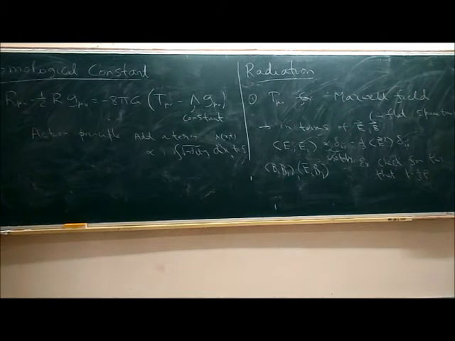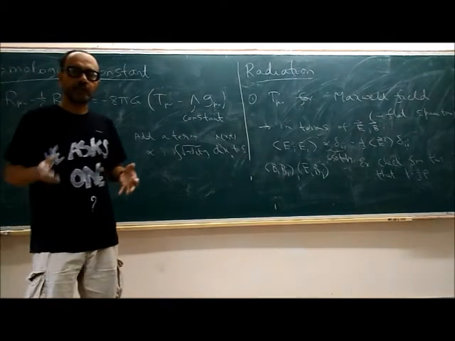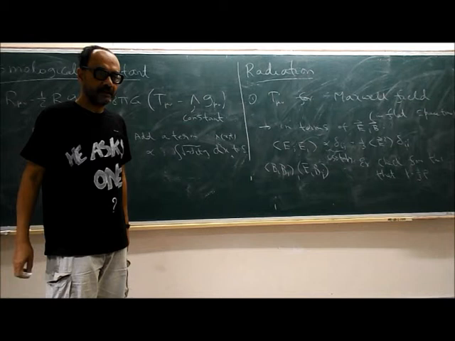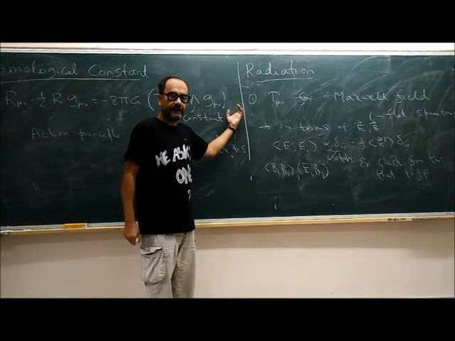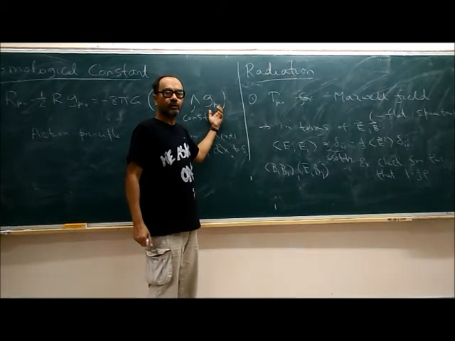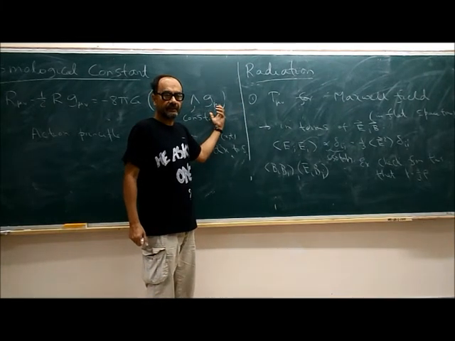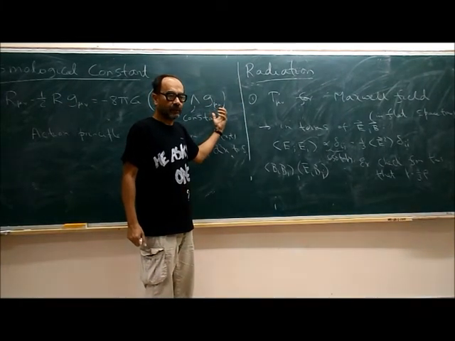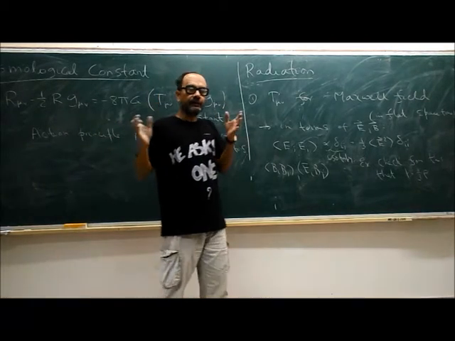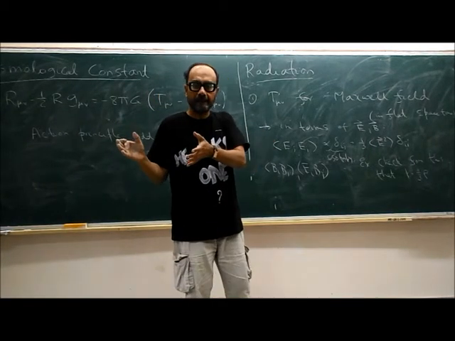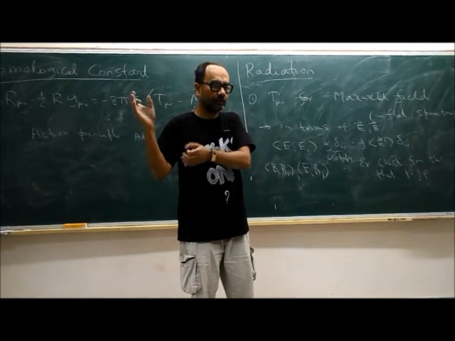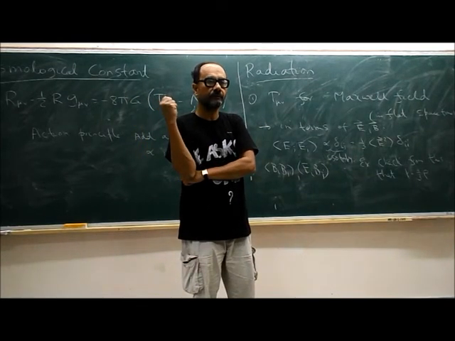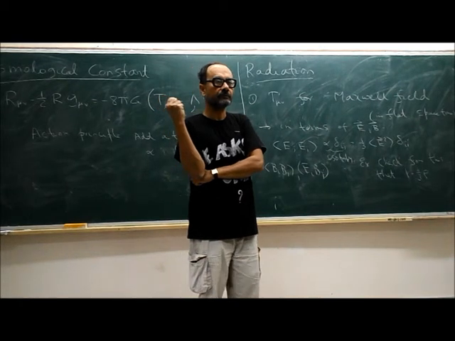A simple example is to just add a scalar field with a potential. The T mu nu for the scalar field will have a part which looks like this. If you have a scalar field with a potential and you calculate T mu nu, you will find that it gives a part which is basically proportional to the potential times G mu nu. In that case, the T mu nu in the upper equation is the full T mu nu.